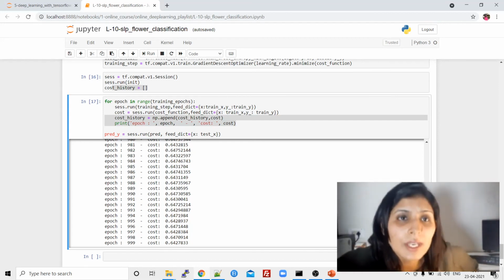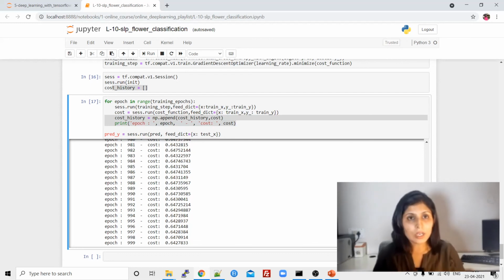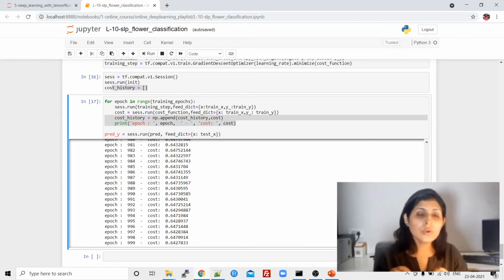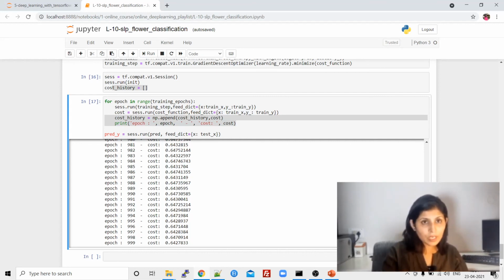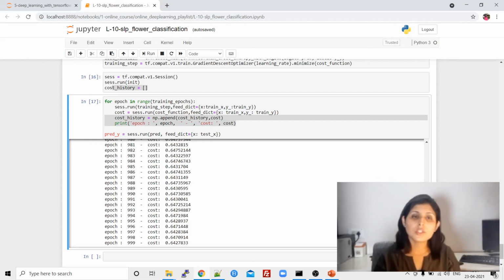So guys, today I just gave you a very basic idea. In my next class I'll show you how to test your algorithm, and we'll even work on some data visualization, meaning how to show your data on screen, what kind of data you have. We'll display a few images, and I'll show you how to give unseen data to your computer, and we will see how our computer predicts the output. These kinds of things I'll show you in my next class.